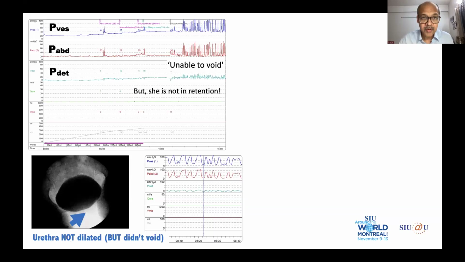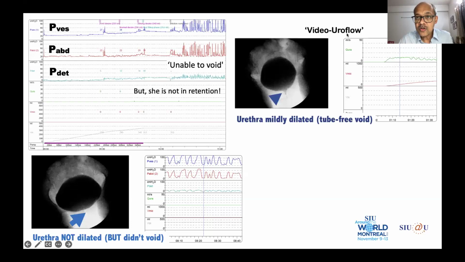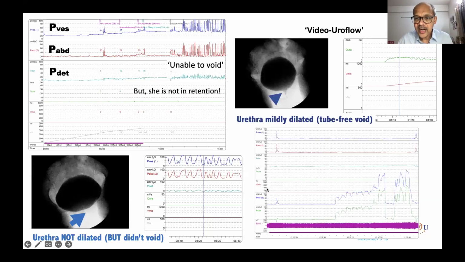So this lady was not passing urine, and she had a history of marked difficulty in passing urine. And you can see here, even on a video, there's nothing much seen because when she's not passed, there's not a drop of urine coming out. The urethra is obviously not dilated. So in all these patients, we do what's called a video uroflow, and you can see a hint of urethral dilatation here. And she had what we call a